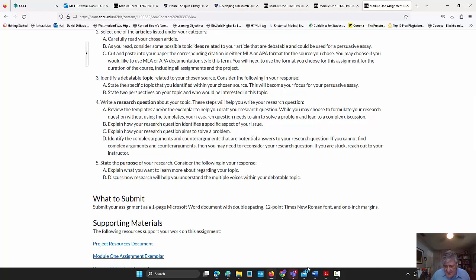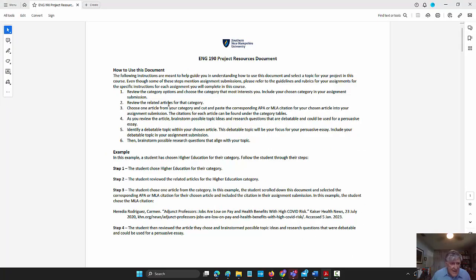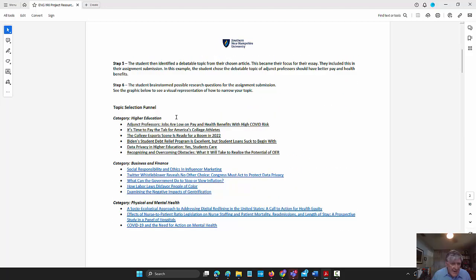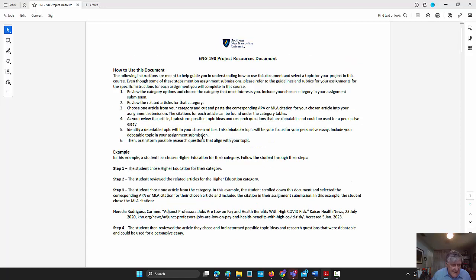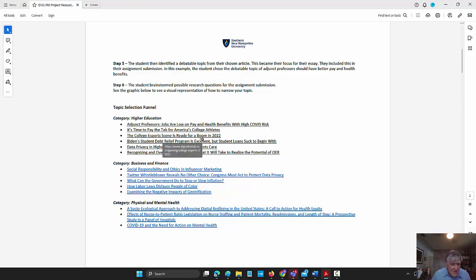So the first thing you need to do is go to that project research document, and it has a list of categories that you can choose from: higher education, business and finance, innovative technologies, humanities, and of course we missed physical and mental health. So those are the 5 categories, and you may want to choose one that is aligned or relative to your field of study. So once you choose a category, then you will choose one of the articles that are